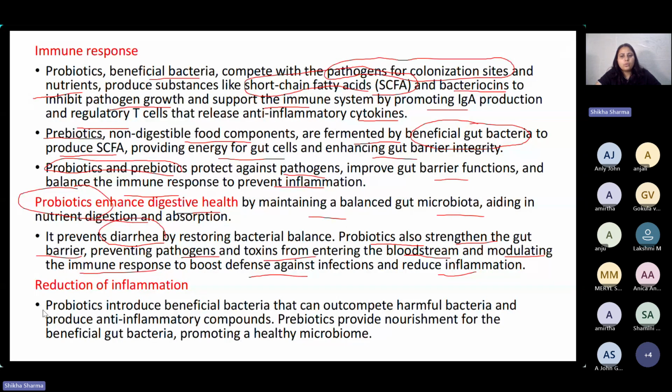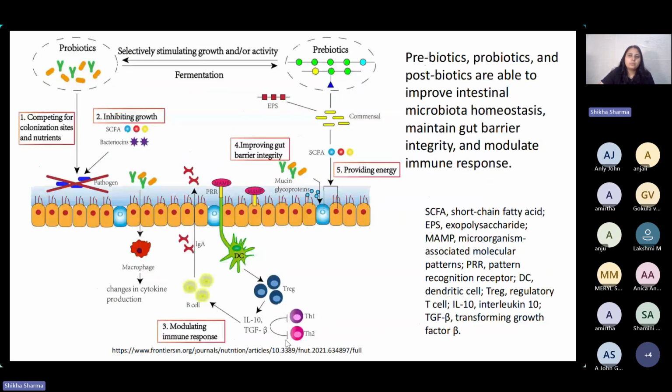Also, they reduce inflammation because probiotics introduce beneficial bacteria that outcompete the harmful bacteria, which also produce anti-inflammatory compounds. The prebiotics provide nourishment for the beneficial gut bacteria, and they promote a healthy microbiome. So overall, if we see, so these